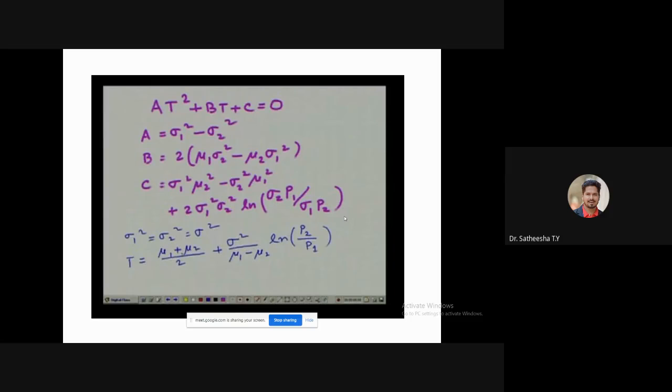And here we assume that rho 1 square is equal to rho 2 square is equal to say rho square. Then the value of the threshold t turns out to be t is equal to (mu1 plus mu2) divided by 2 plus rho square divided by (mu1 minus mu2) natural logarithm of p2 by p1. So this is a simple expression for the value of the threshold that you can obtain in this optimal threshold operation. And this is optimal in the sense that this value of threshold gives you minimum average error.